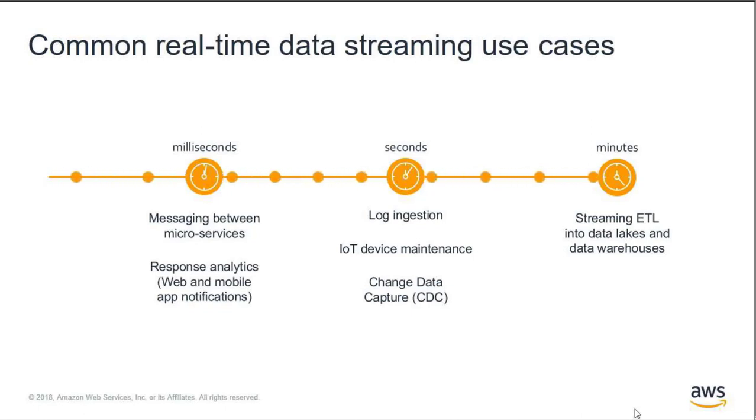However, as companies strive to get more timely insights, they've pushed this faster to the seconds and milliseconds latency. So when we talk about seconds, we're talking about log ingestion, and monitoring like preventative maintenance or reactive maintenance for IoT devices, so monitoring sensors, and change data capture use cases where they need to publish the result of a change in a specific database to a lot of different internal services. Even faster is responsive analytics with machine learning, running machine learning on the data close to when it was generated, in order to improve the recommendations customers get on a retail website, or offer a better in-app gaming experience for customers.